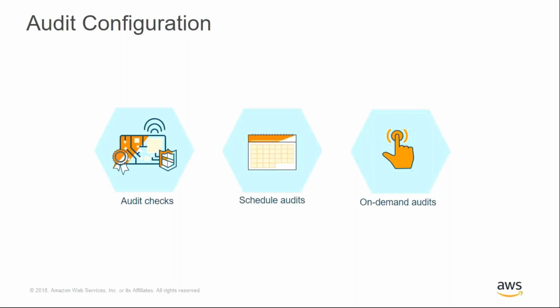Customers can enable a set of standard audit checks that act on various resources such as device certificates, IoT policies, etc. These checks are mapped to recommended security best practices for AWS IoT, such as not using X509 certificates which have been revoked by its certificate authority. Customers can also configure the frequency at which they want to run their audits. They can either choose a periodic frequency of daily, weekly, bi-weekly, or monthly audits, or run ad hoc reports as